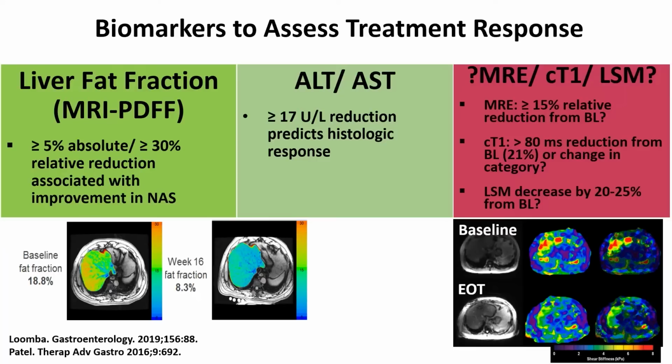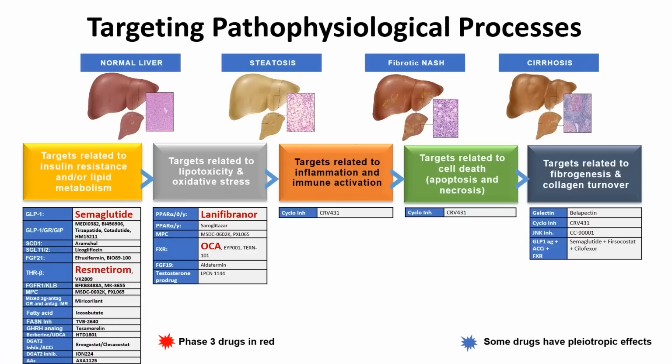And then reduction in liver stiffness and liver fibroinflammation with tests such as MR elastography, Fibroscan, corrected T1, that also potentially predicts fibrosis regression on biopsy. Next. So we have a very rich pipeline. We can target every step of disease development and progression, from insulin resistance, lipid loading into the liver, all the way to anti-fibrotic drugs. And we have several drugs in development.